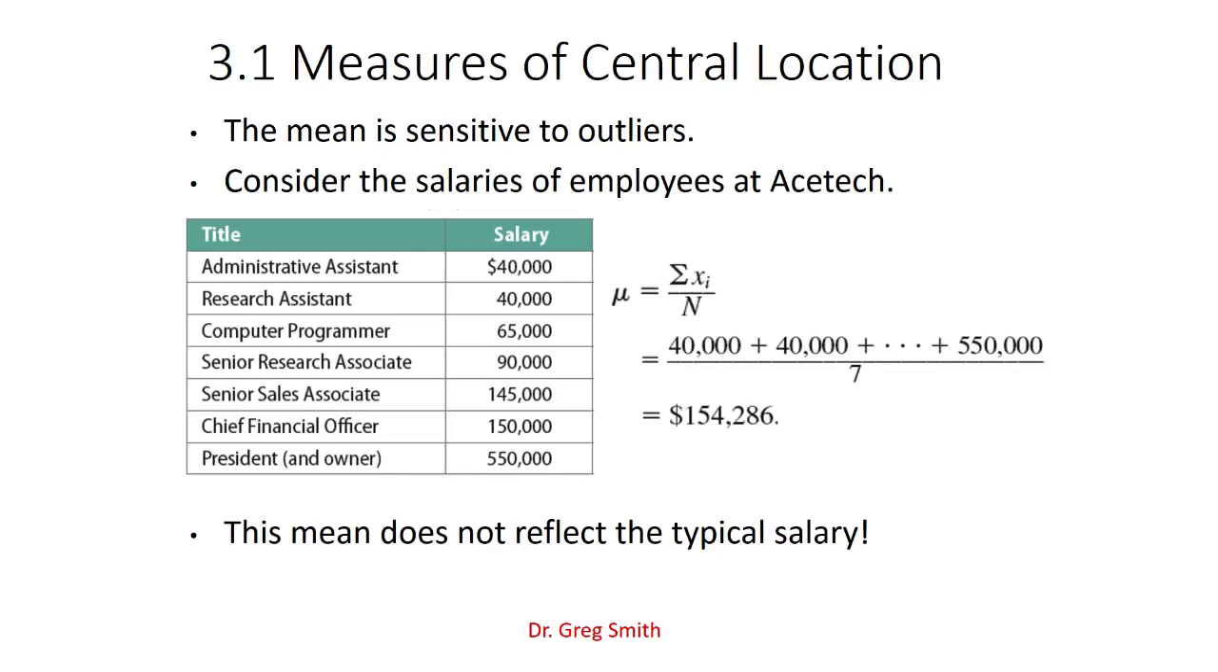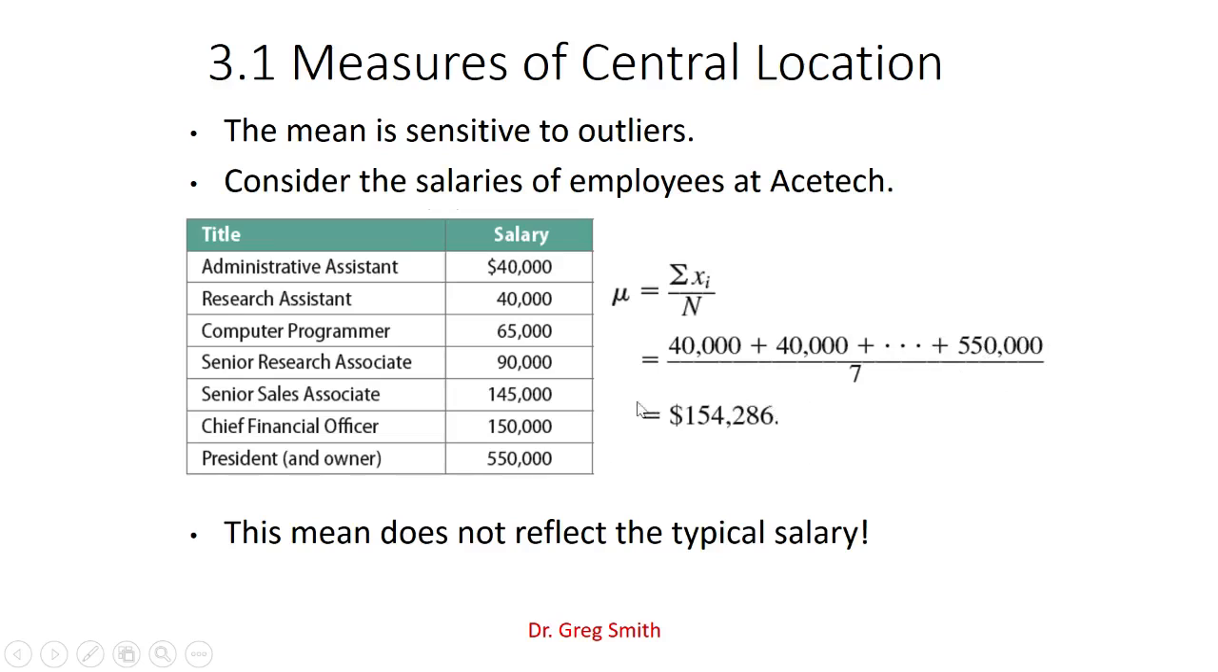We can also look at other central tendencies, and those central tendencies are things like the median and the mode. The problem with the mean is it's sensitive to outliers. What I mean is that the mean tends to gravitate to the extremes. So if you have one particular person, in this case the owner or president of the company, when you put their value in